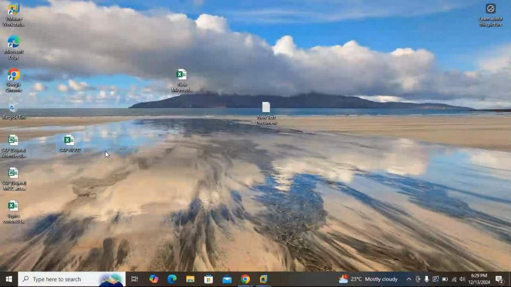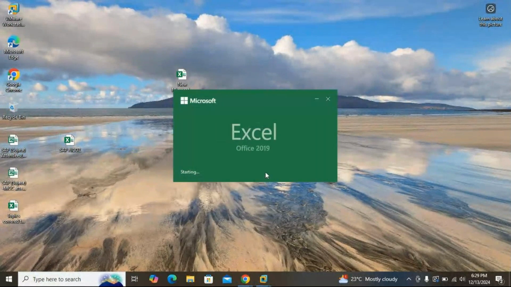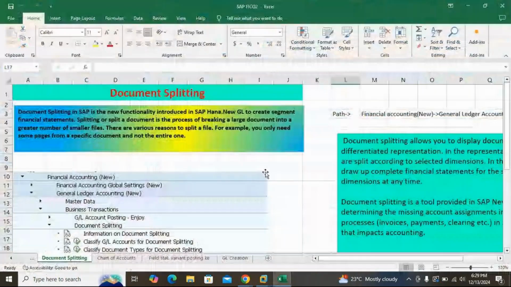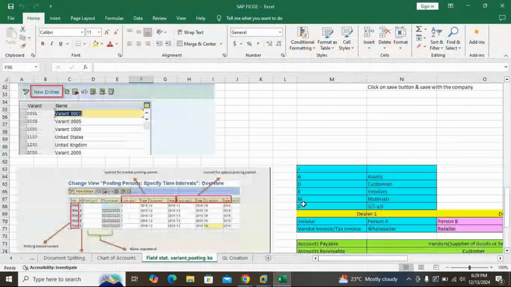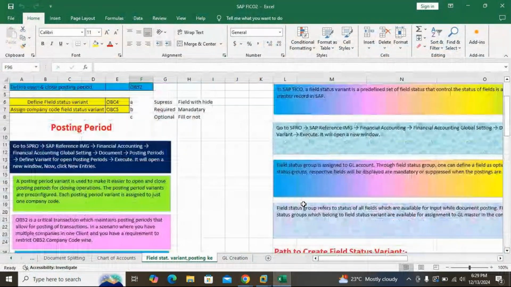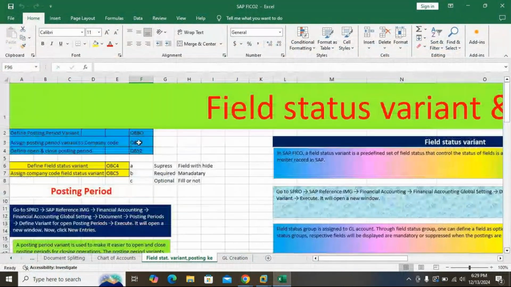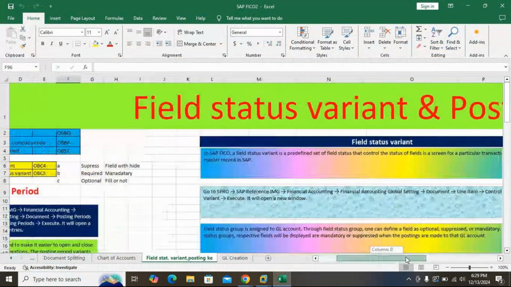I'll just check. Field status variant. One second. Students, we have done field status variant. Define posting periods, field status. Okay, if you have not done it, you can write it down also.